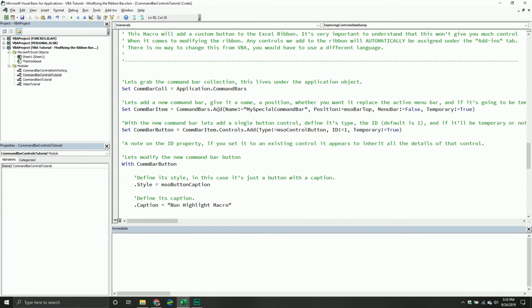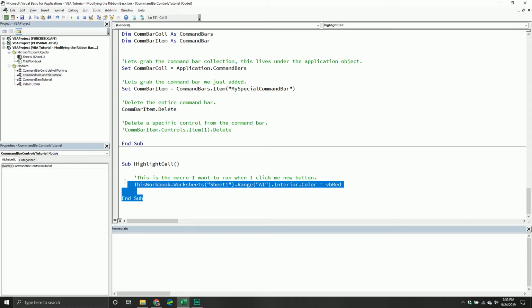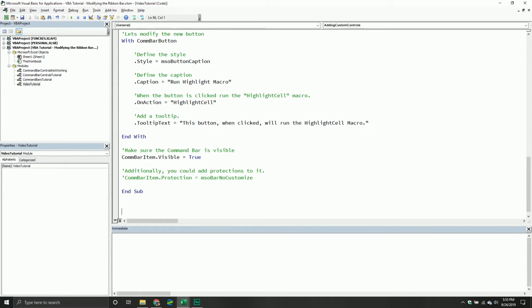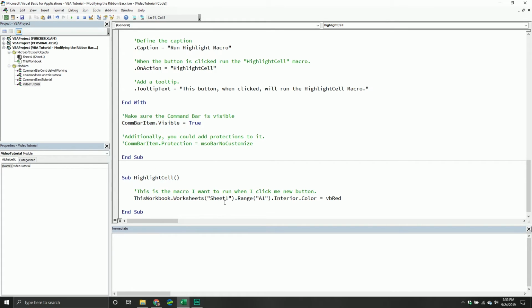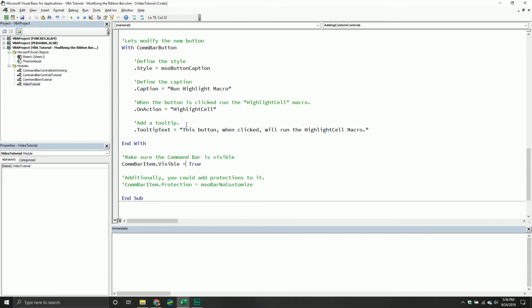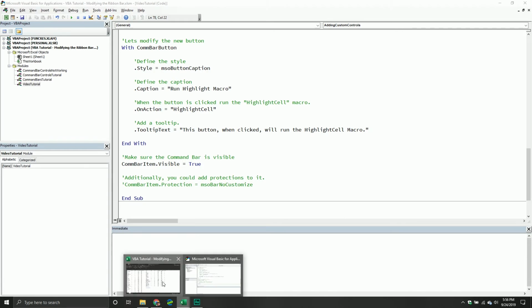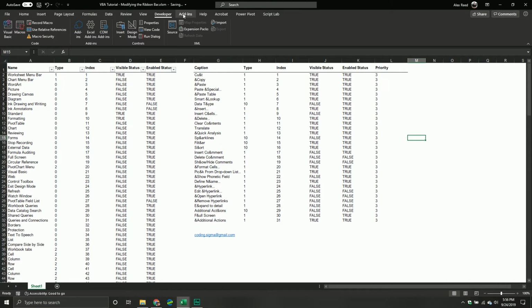Okay, so I need to grab my macro that I've defined. It's really, really simple. Literally all it does is grab Sheet1, range A1, and set the color equal to red. And so I'm going to run this. Nothing fancy, it looked like nothing really happened, but now you'll notice my Add-ins tab has been modified. And so you'll see this custom toolbar,